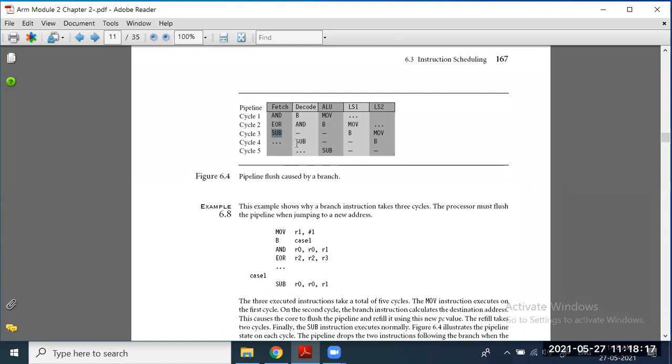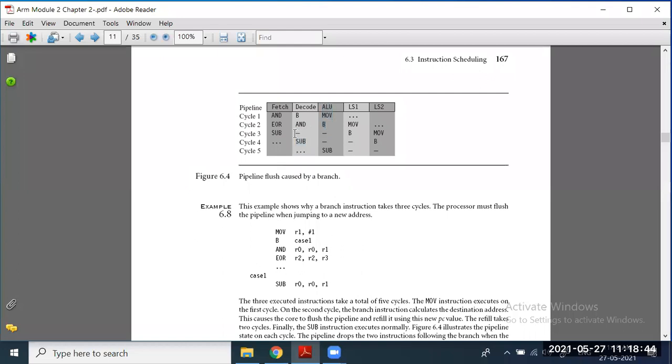See, after that subtract instruction, it will come inside, branch will move to LS2, and then the subtract will complete in the ALU. Now this branch instruction, in order to calculate the destination address, takes 1 cycle, and the refill takes another 2 cycles.